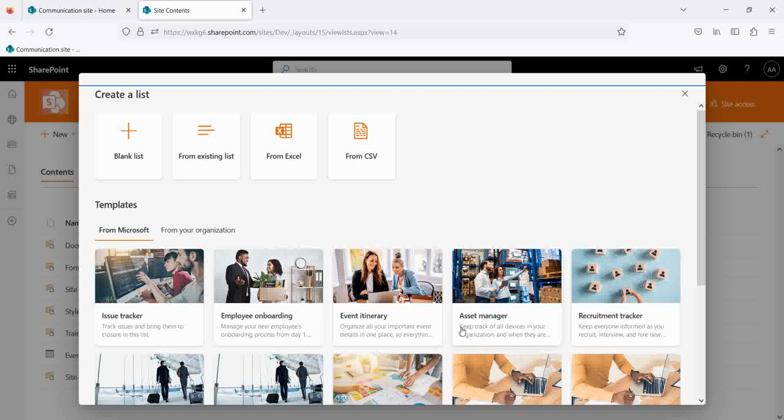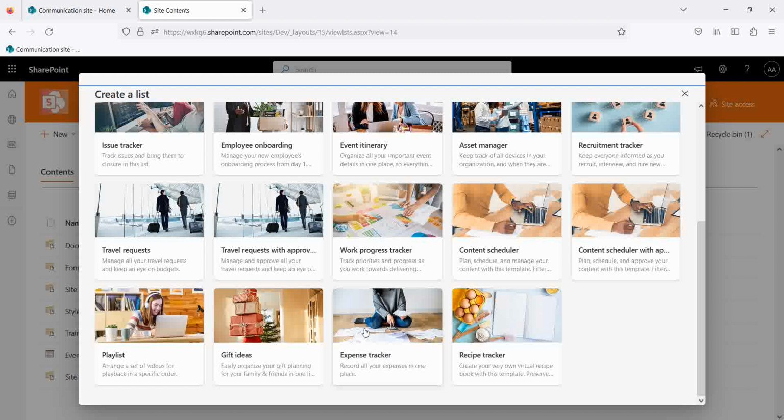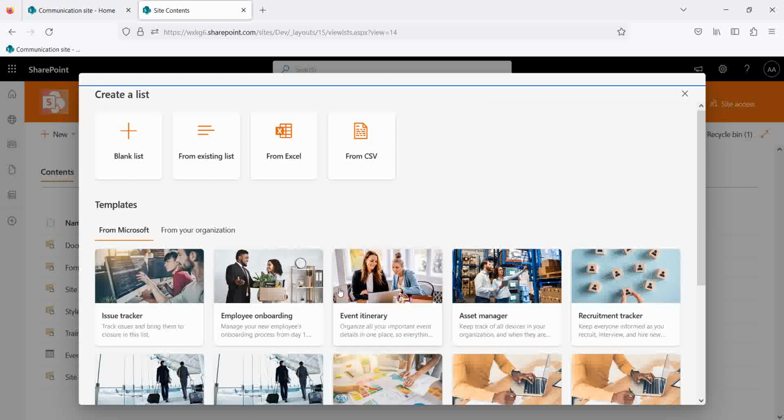So this will be easier according to the category. We can create the list from these templates as well. For now, because we are going to create a fresh demo here, let's create a list